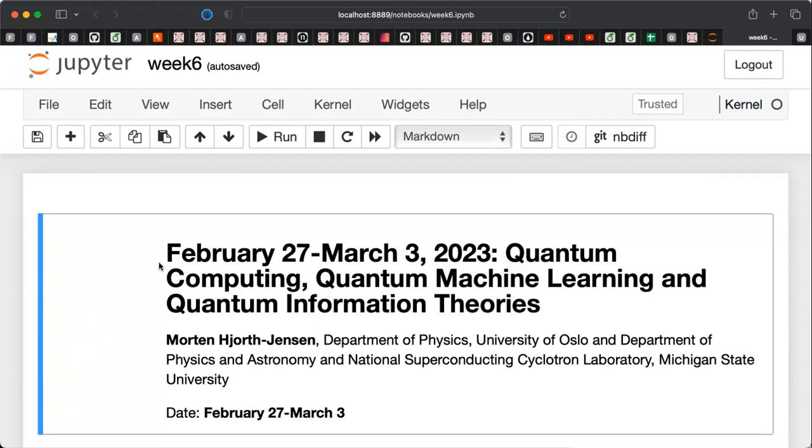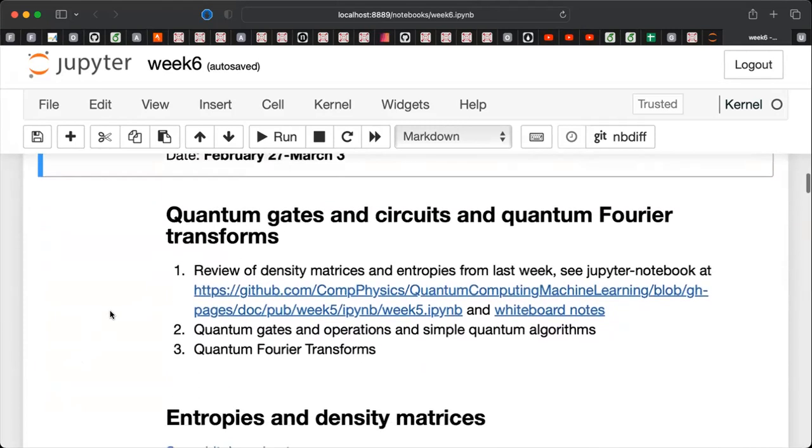Okay, welcome back to a new week with quantum computing. The topic this week is going to rotate around quantum gates and operations and quantum circuits and some simple quantum algorithms. We may not get to quantum Fourier transforms, but before we do that, I just wanted to remind you